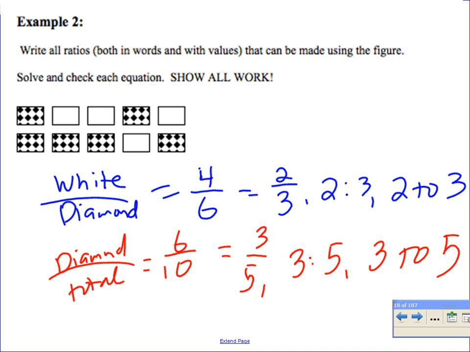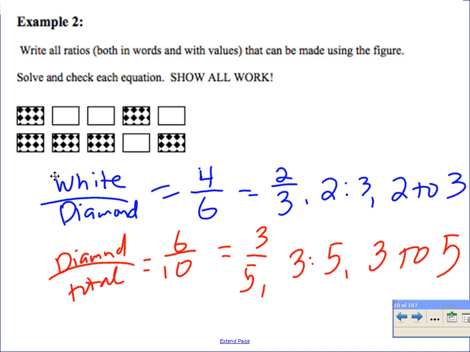So we could do more here, like white to total. Okay, diamond. Well, we did diamond to white. White to total. There's not a ton. I wouldn't want you to flip them around either. You can just do it with white to diamond is the same thing as diamond to white. You don't have to. We wouldn't have to write both of them if that's what you're asking. Okay. Any other questions? Okay, let's go to,